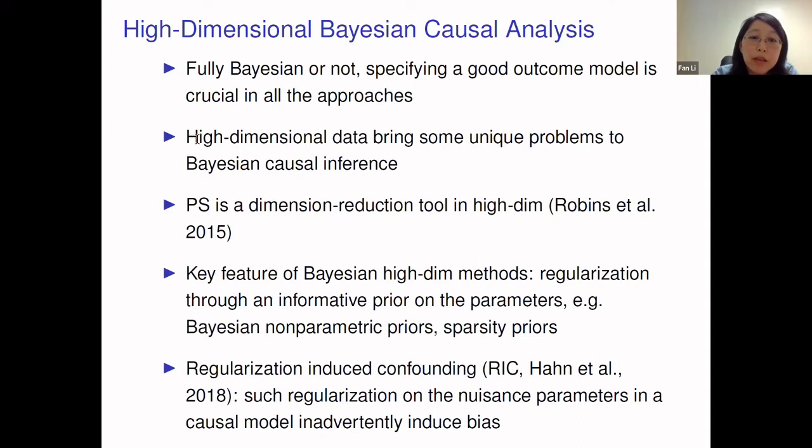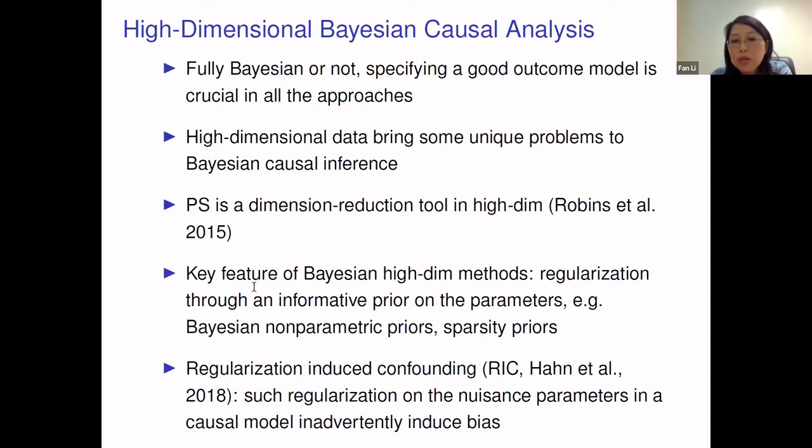Well, that's a big question. But what I want to emphasize here is that high dimensional data brings some unique challenges to Bayesian causal inference. Robins et al. view the propensity score as a crucial dimension reduction tool in high dimensional data, and so they feel it is important. But what is specific to Bayesian, which I want to emphasize, is the so-called